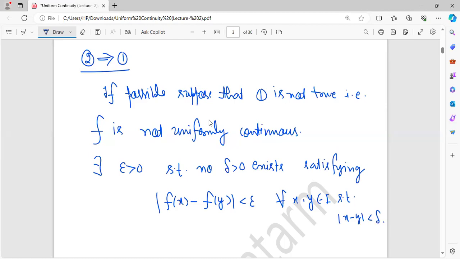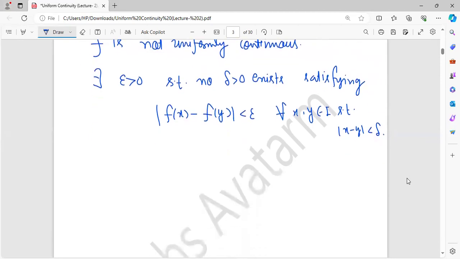Okay, so there is some epsilon greater than 0 for which no delta exists. What does it mean? It means